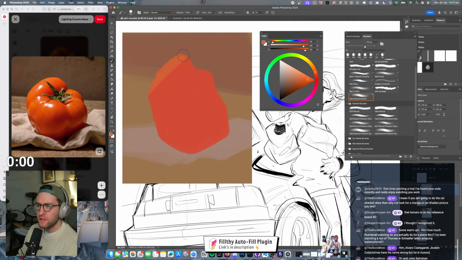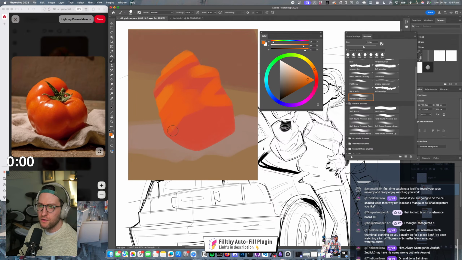All right, what am I seeing? I'm seeing oranges. I'm also seeing reds, obviously, but I'm seeing a lot of transition colors going from more yellowy oranges into the red.